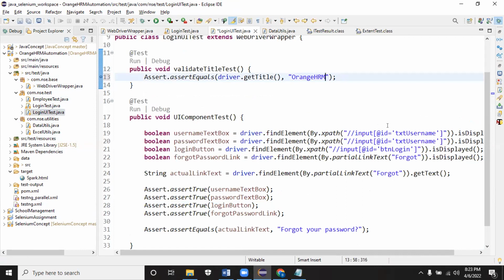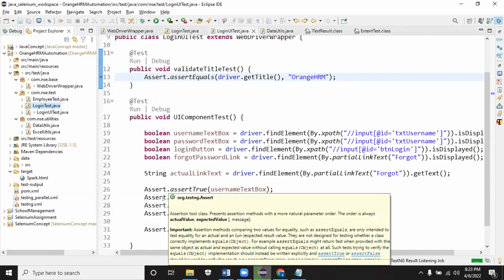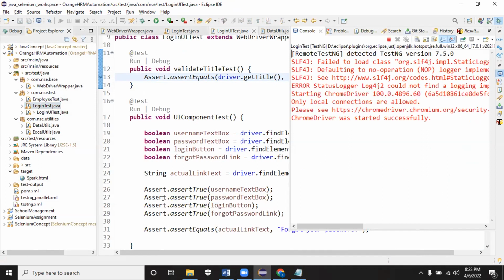Right now, it will take the screenshot. Let me run the login test method. Login test I'm running, so all the test methods will be triggered right now. Based on that, the report will be generated.